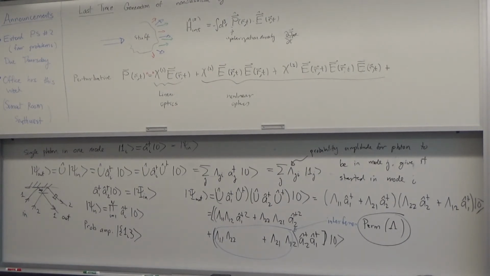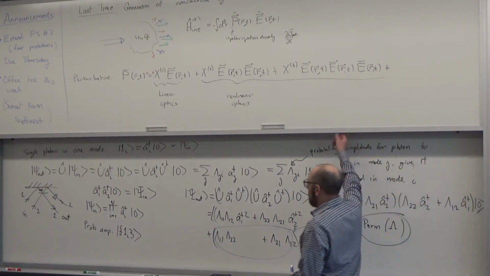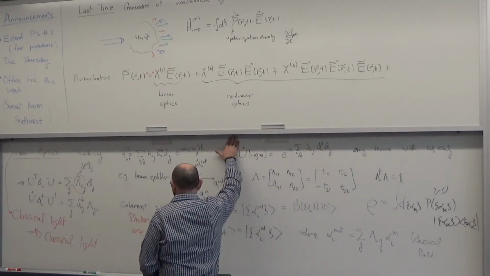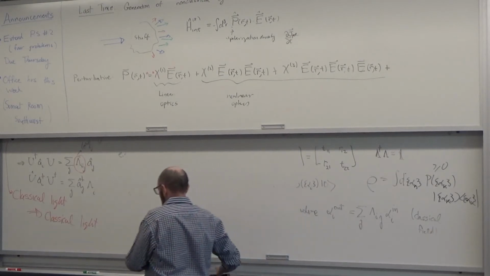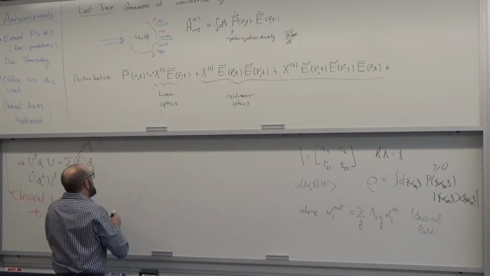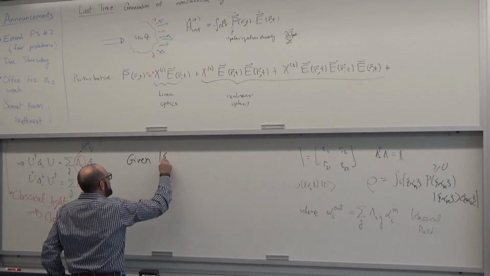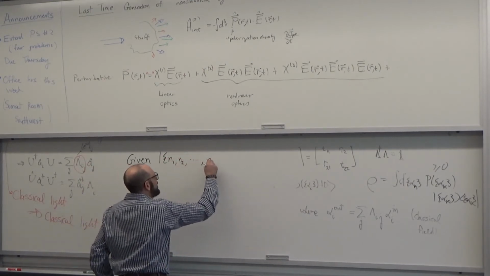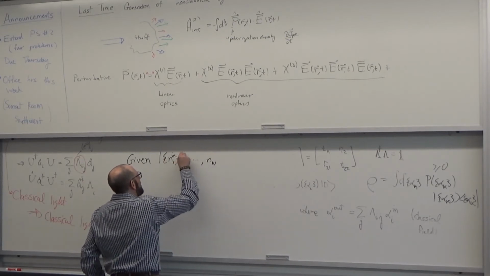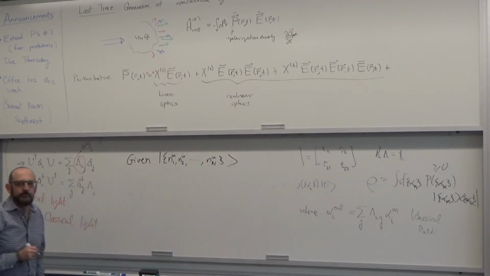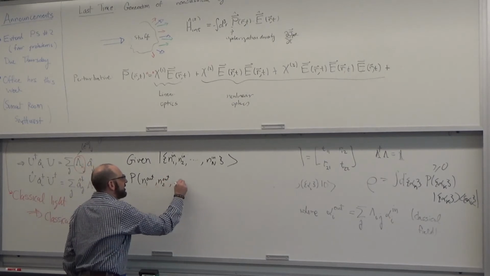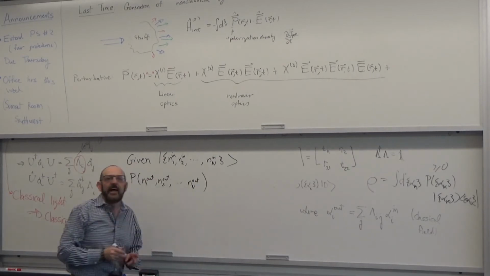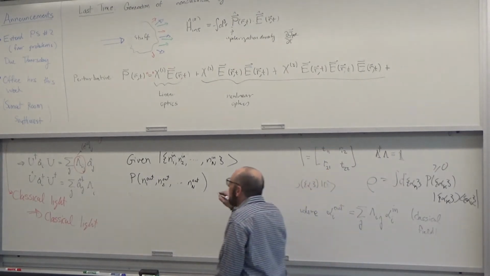Yeah. Is this the boson sampling problem? That's where we're at. This is exactly where we're headed. So the point here is that if I asked you the following question, given some distribution of photons in each of the input modes, what is the probability to see some distribution of photons in the output modes? You could not calculate that efficiently. That probability generally would take